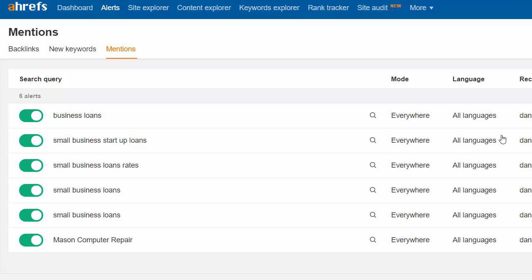And because they're already using the keyword, we could go immediately and just say, hey, we have a great post on business loans. You might want to think about linking to it. And of course, we'll get into outreach messages in that module. But for now, it's important that you know what all the link opportunities are as they come hot off the presses. Why? Because it's much easier to get an author or a writer or an editor to add your link to a post if it's a brand new post that they just put out.